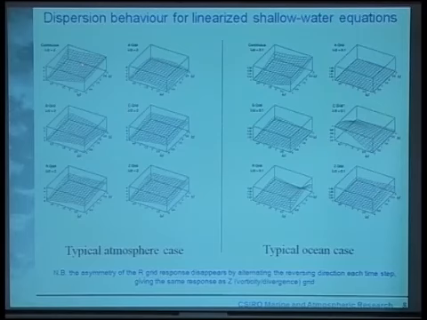So the Z grid is the same sort of shape, very similar to the C grid. This reversible arrangement I've got is also, again, extremely similar to the C or Z grid, but the B grid has got the wrong sort of shape, and the unstaggered A grid is too flat. The ocean's a bit different. Again, the Z grid is very good, the right sort of shape. The A grid's again too flat. The B grid's better than the C grid for the ocean, although it's still not exactly what you want